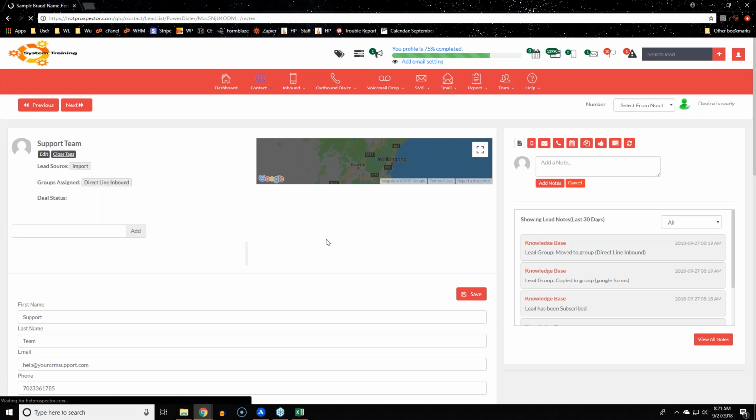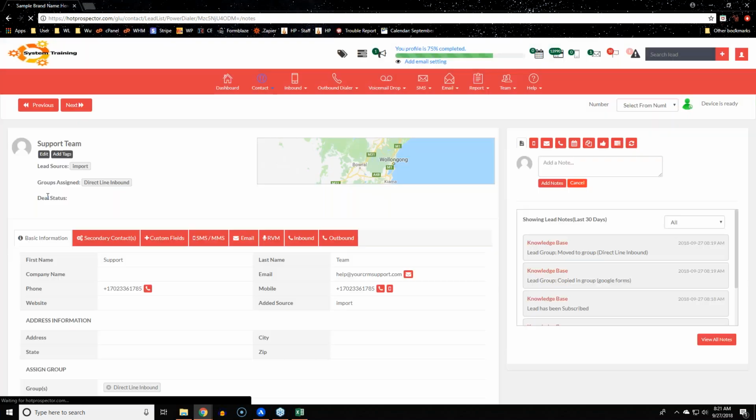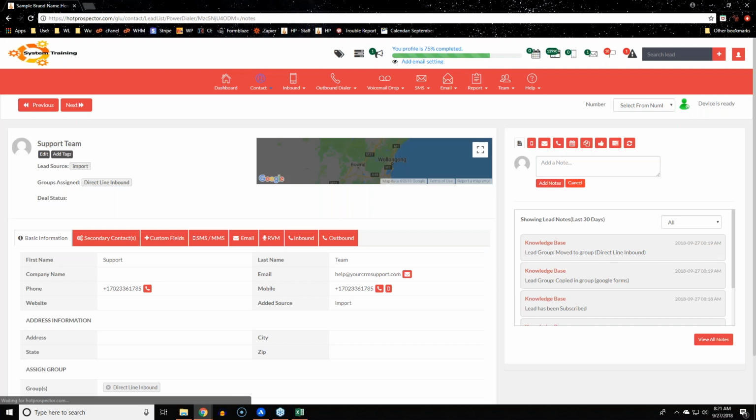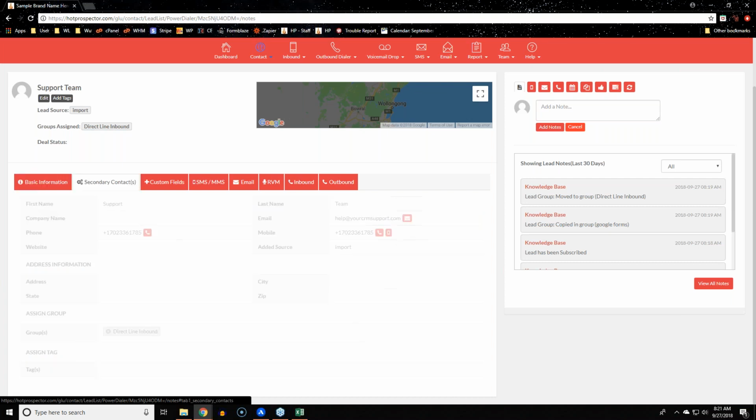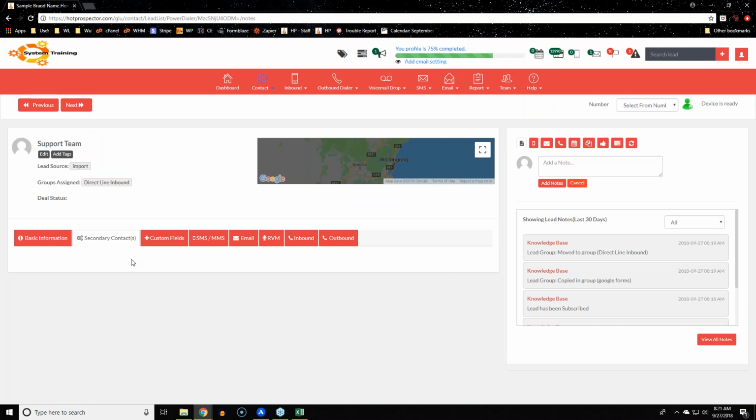Now, the groups assigned is going to show you that. It's going to show you the deal status if you apply one. Of course, as you can see here, we have a lot of basic information details about this particular lead. If you ever needed to send an email, text, or make a call, as you can see, the buttons are here. If there's any secondary contacts,